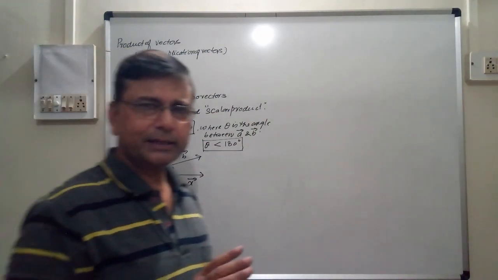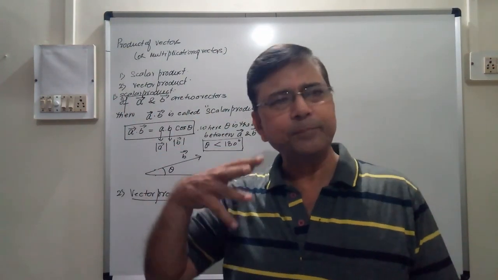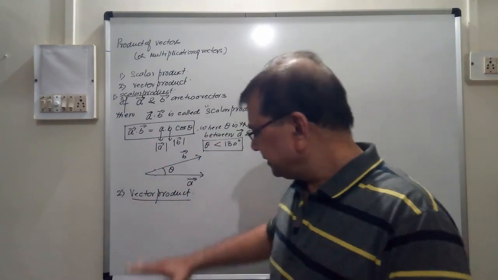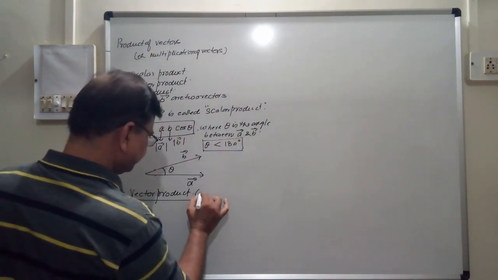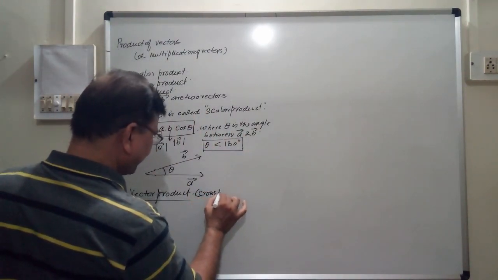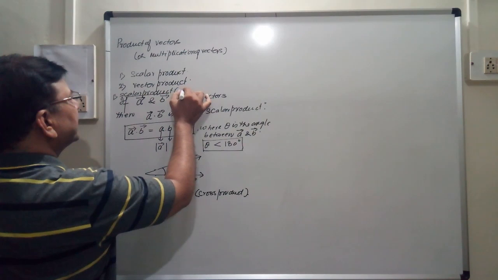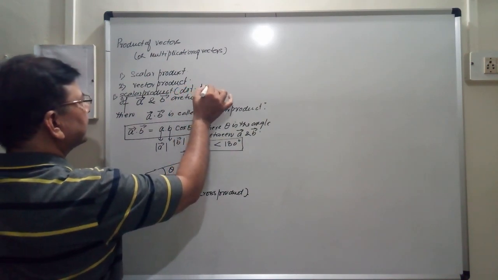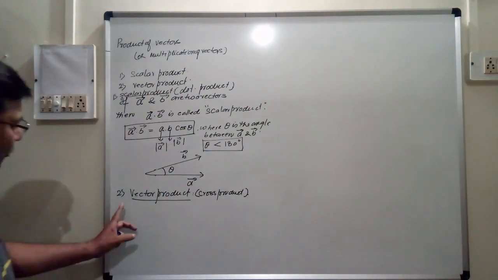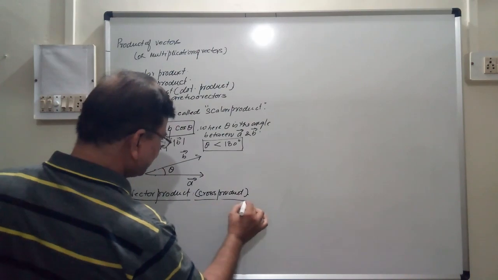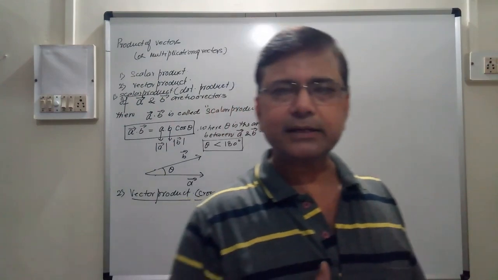Actually, scalar product is easier to understand. Up to this you have understood, and you can find the product of any vectors given. But vector product is called cross product also, and this is called dot product. Scalar product or dot product of two vectors, vector product or cross product of these two vectors. It is very important to understand. Understanding cross product of vectors is very important,